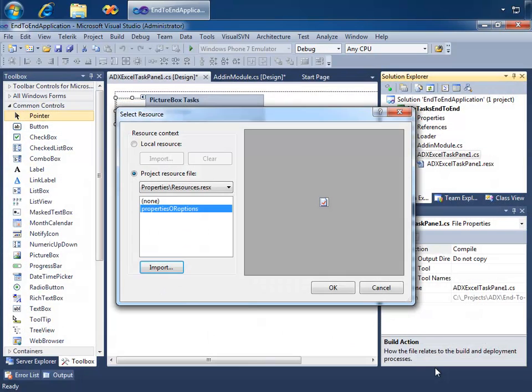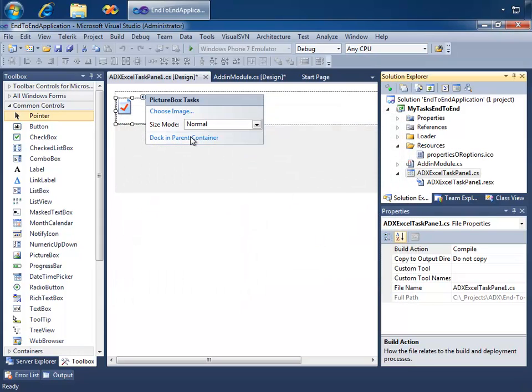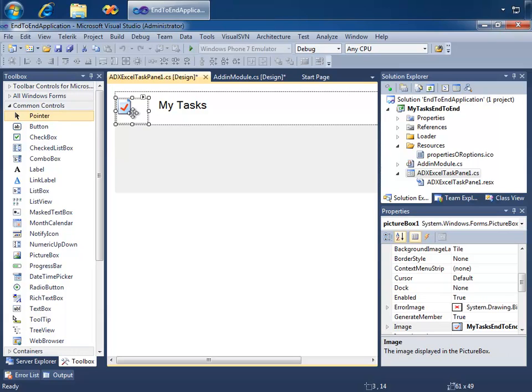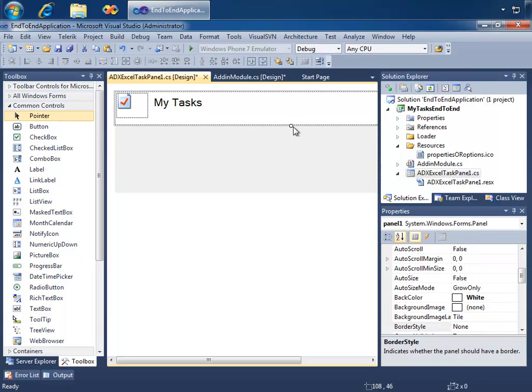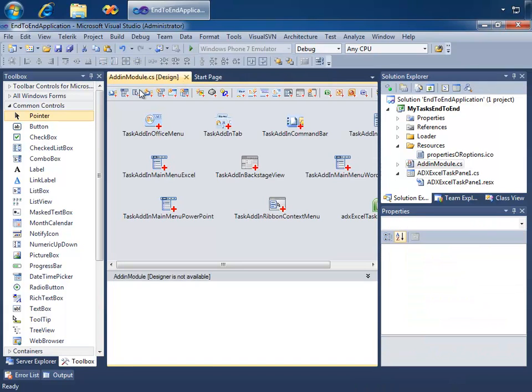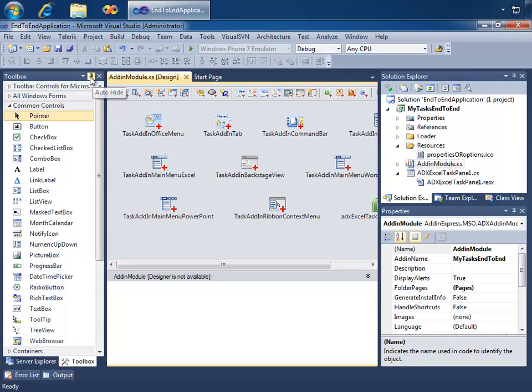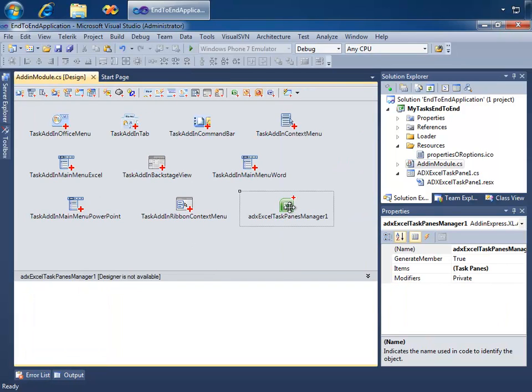I'll say Open, and then OK, and now my image is there. I'll move these up a little bit and resize that. Now I'll save and close this task pane and hide the toolbox,